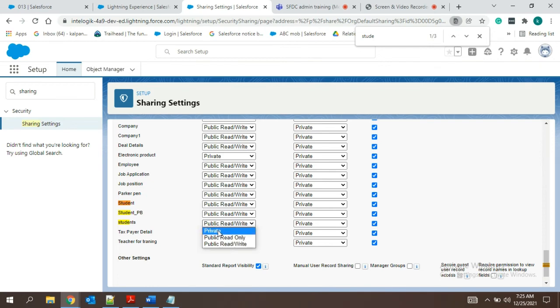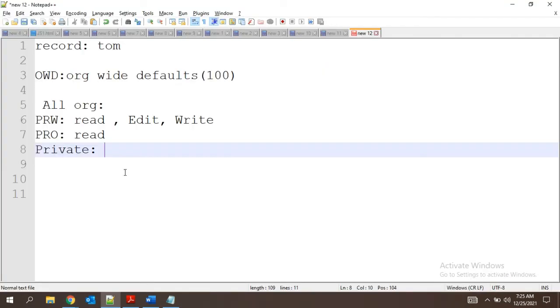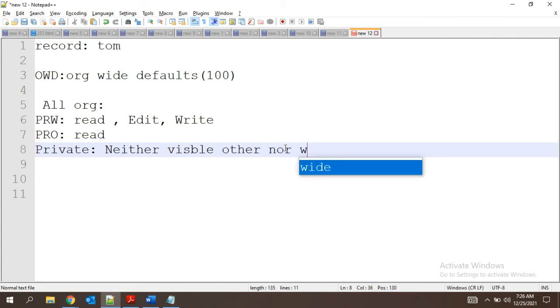So this is a private one. That means the record is neither visible to other employees in the same organization, nor can they edit it.